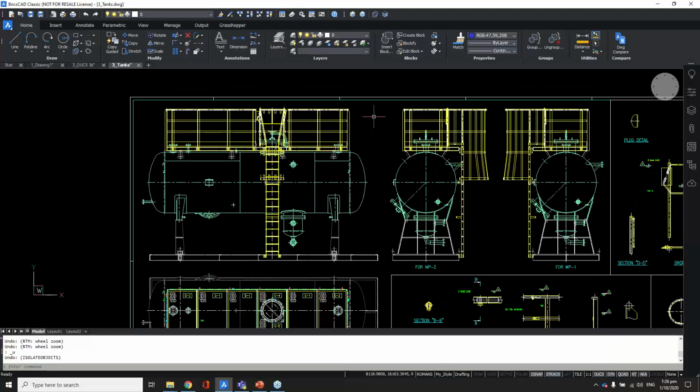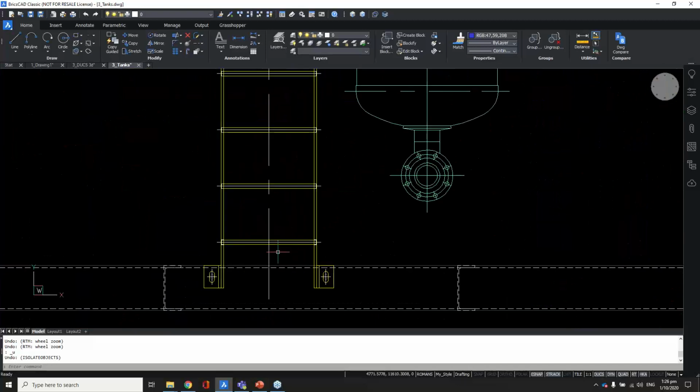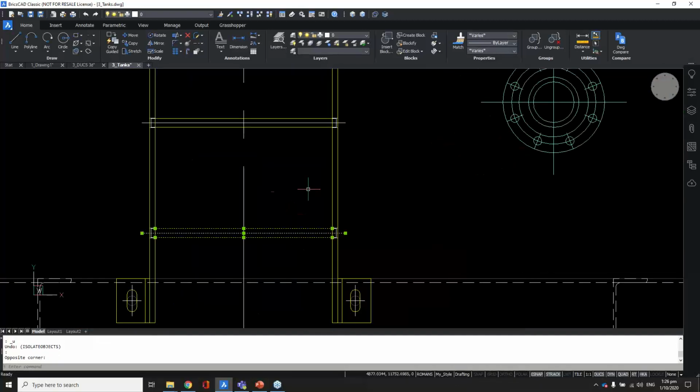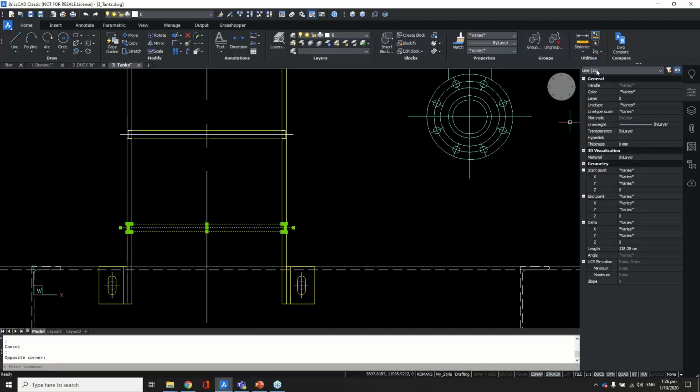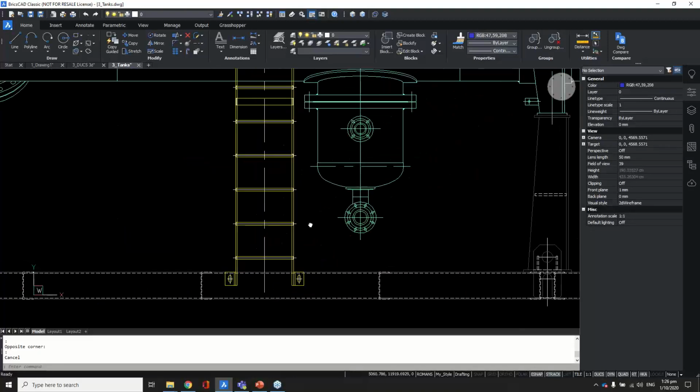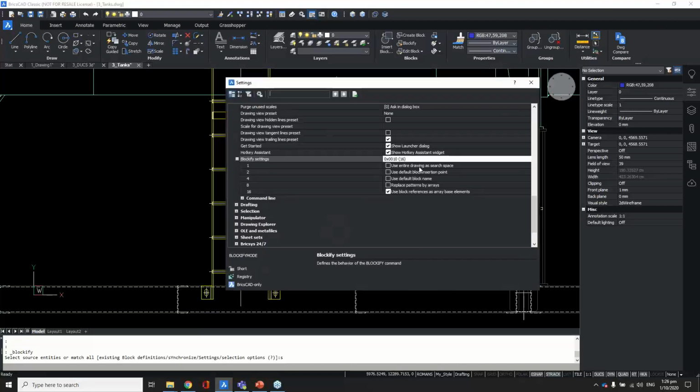And another step higher than that would be if, let's say, you have something like this, which is a ladder. So Blockify has another level to it, which is that it makes arrays for you also if you want. So if I zoom in here, this is just a normal ladder, just line segments. It's all exploded. So in my properties panel, I'll see that, select the whole thing. I'll see there are about 15 of these, just steps here of the ladder. And if I use Blockify now, and if I specifically say I want arrays,